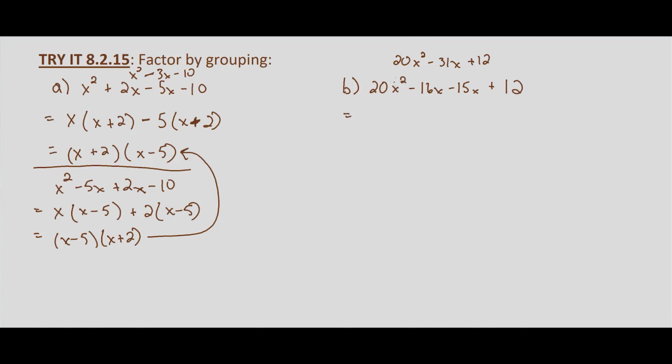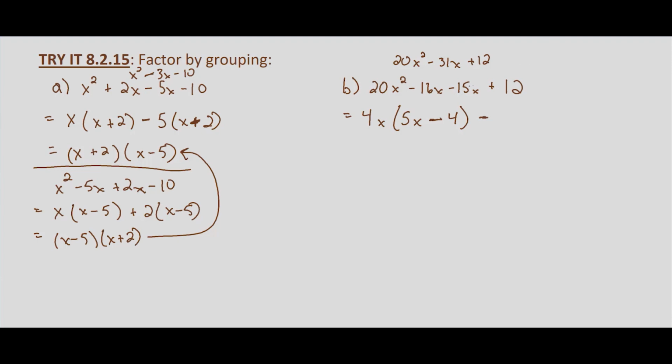We'll group the first two terms. What's the common factor of 20 and 16? This is 4 times 5, this is 4 times 4, so it's going to be 4. And then the common factor of x squared and x is going to be x. We're left with 5x minus 4x times what makes 16x? That would just be 4. And then we're looking for minus,